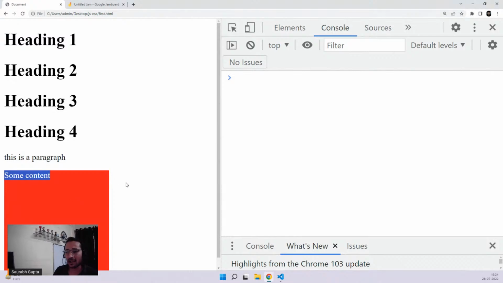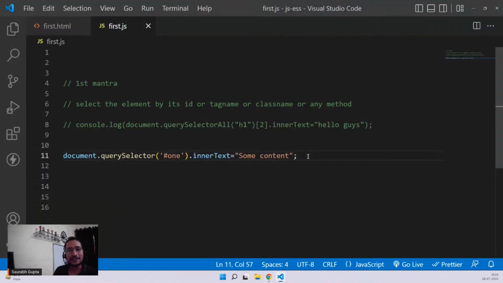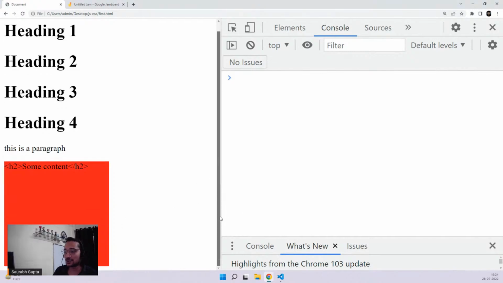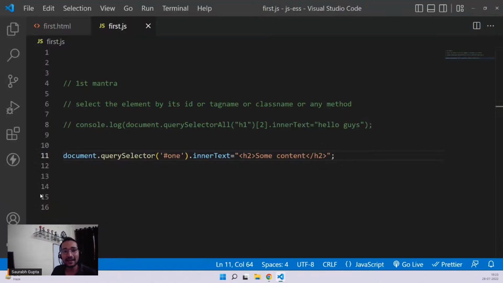But what if I also want to put an h2 with it? I want to put it like this, h2, like this, slash h2. Is it going to work? Let's see. No, it doesn't. It prints the h2. You can see that. And this is what inner text is. Inner text treats everything like text. Tags are also text for it, because this is a string. So inner text doesn't understand that h2 is a tag. It treats it like text, and that's where